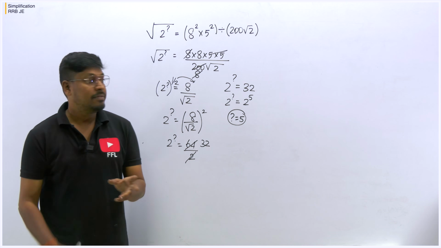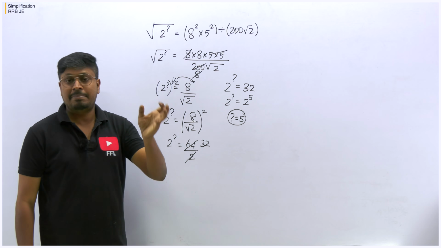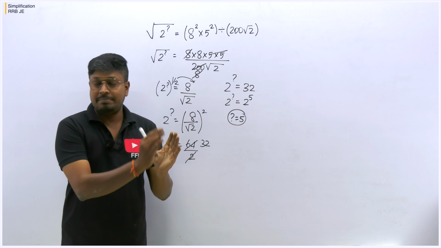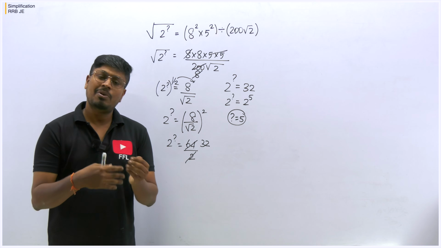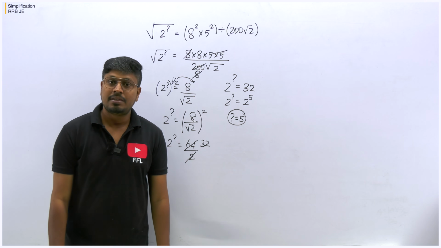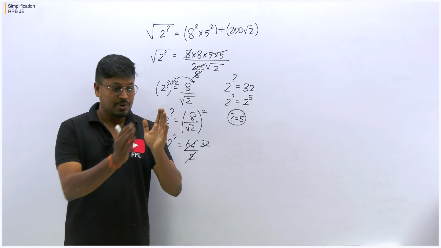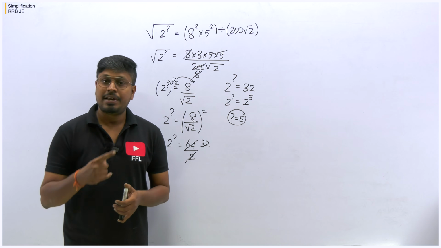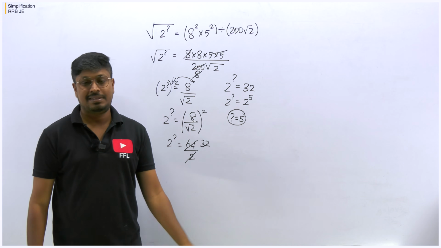There are many questions which are related to simplification concepts, and those concepts will be applied in most of the quantitative aptitude questions. So be careful on the simplification part, because it's an easy topic, but it has lots of concepts to learn. If you keep on practicing more questions, then automatically you will be able to solve it. After watching this video, do not forget to take the test, 30 questions with all different kinds of models. Go and write the test and check whether you are getting 30 out of 30, and try to practice 10 questions daily, so that at the time of exams you can easily score in the simplification part.